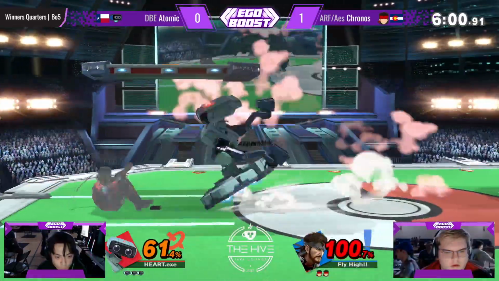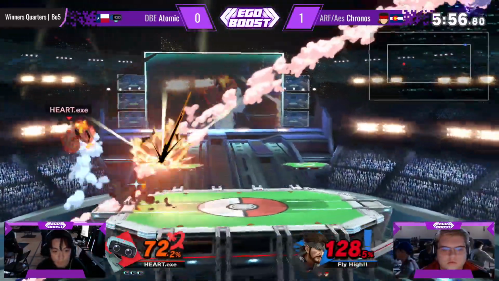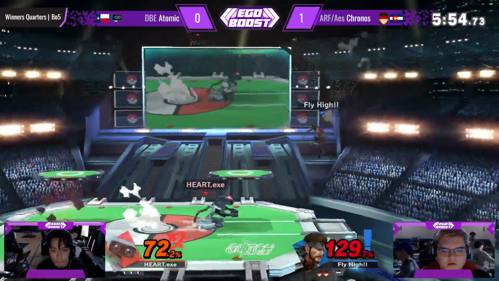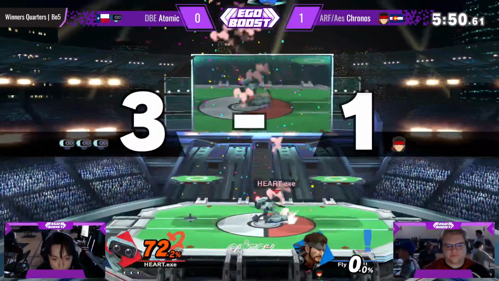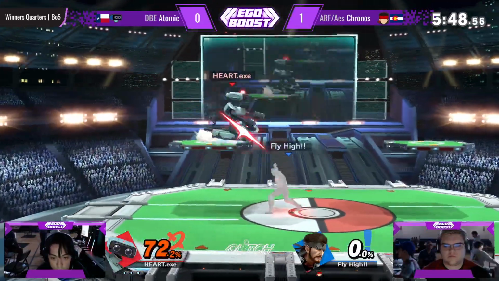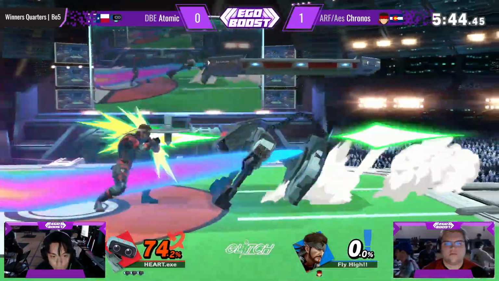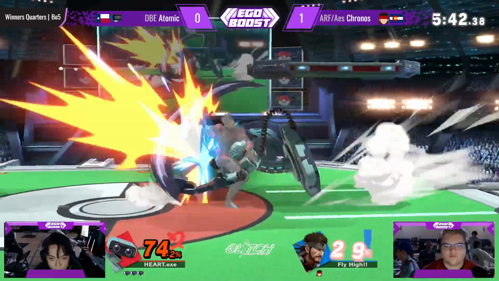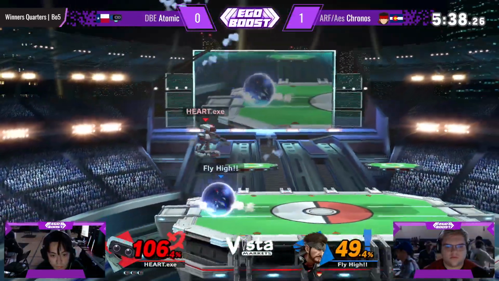Well, and he comboed out of Chronos, SDIing out of the up air. Atomic was definitely, that wasn't intentional, but it was a great job recovering, finding the conversion regardless. Beautiful coverage from Chronos to find a way back down. That back air auto cancels out of a full hop. That's what Chronos was going for, trying to find it at full hop height. But Atomic with the parry as well, it was just slightly too low and able to find that second stock